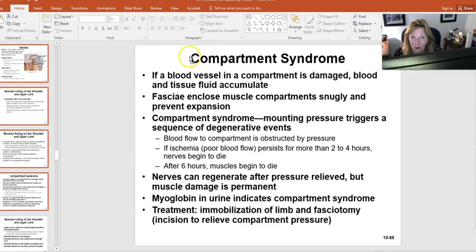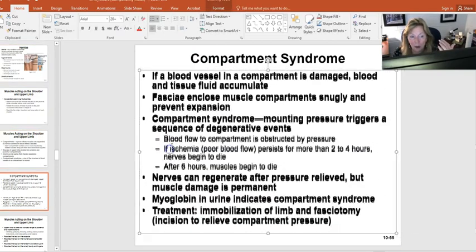There's also compartment syndrome that we think about when there's been damage to a particular region. And again, muscles must have blood supply. They must have lymph return, fluid return from the tissues, and they must have nerve supply. So compartment syndrome is when there's been injury to a particular area, and it means that this blood supply can be obstructed. If there's ischemia, which means poor blood flow,